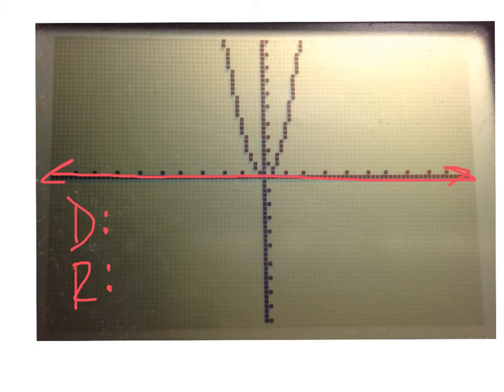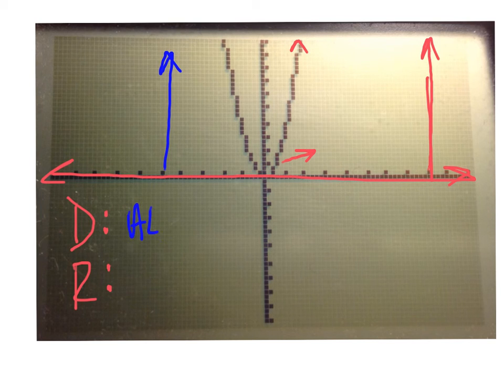Can I put in any x value? Can I go over here and go up, and at some point will I run into that graph? Is this graph spreading out to the right? Does it go on forever? So it'll never stop spreading out to the right. So at some point I will hit it if I go from here. What about here? Does it spread out to the left? Yep. So the domain will be all real